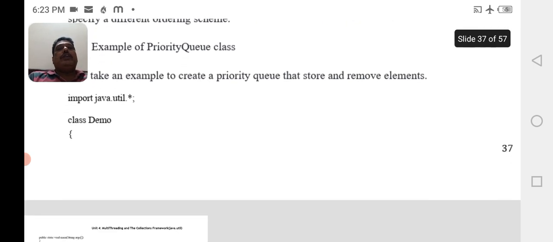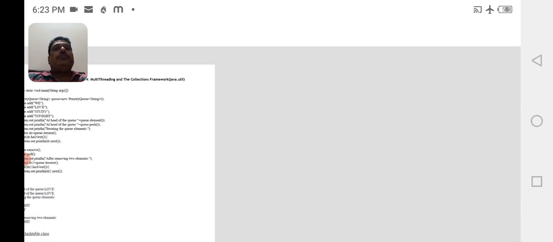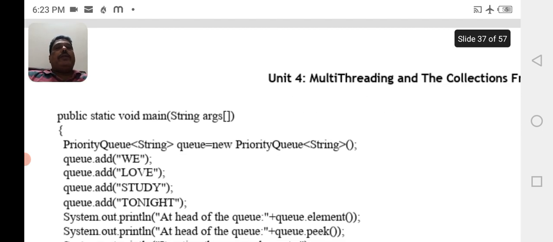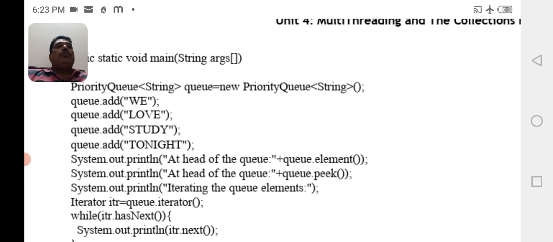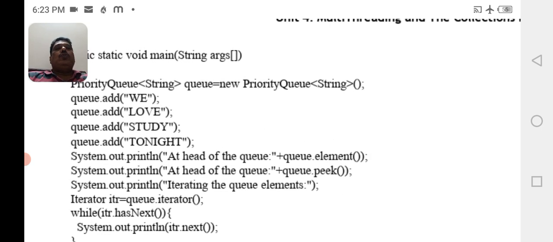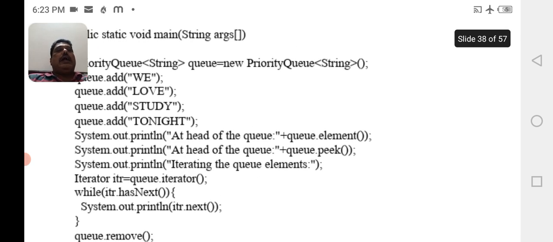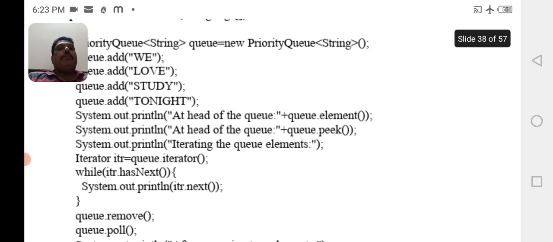import java.util.*; class Demo. public static void main(String[] args). PriorityQueue<String> queue = new PriorityQueue<String>(); queue.add("v"); queue.add("love"); queue.add("study"); queue.add("tonight"); System.out.println("at head of the queue: " + queue.element()); System.out.println("at head of the queue: " + queue.peek());